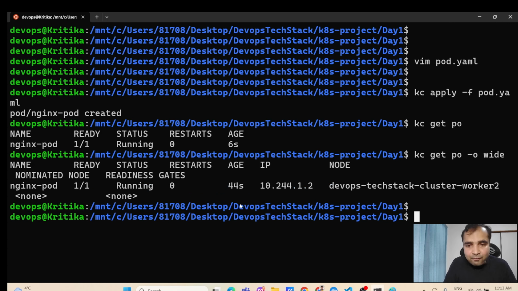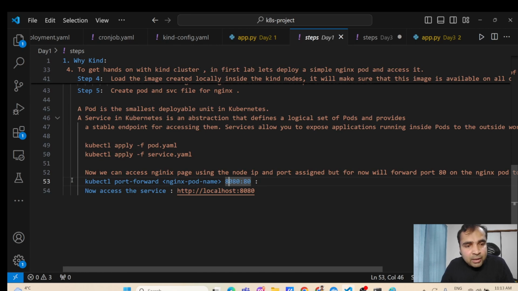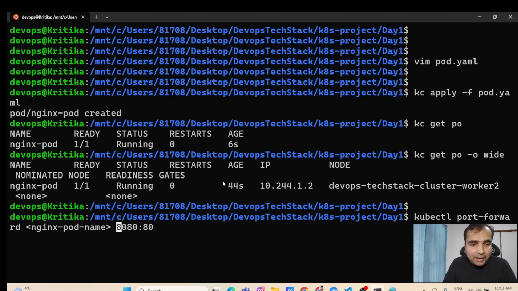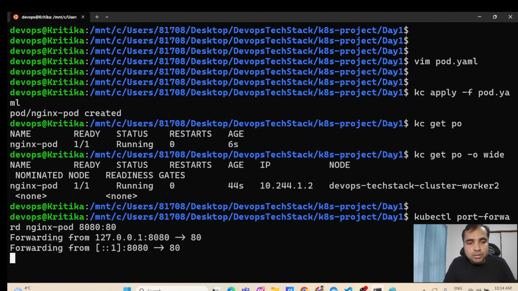Now, if I want to map this port 80 to be opened in the browser, what we are doing is port forwarding as of now. So here, kubectl port-forward and then your pod name, nginx-pod. So now it's forwarding port 8080,